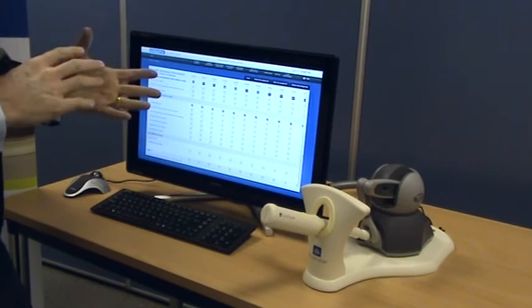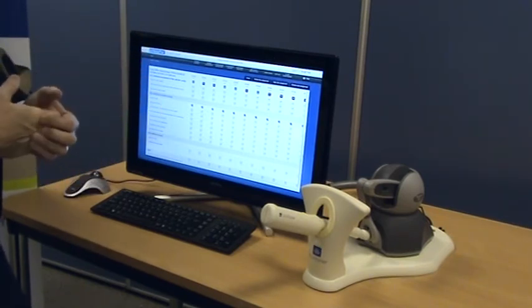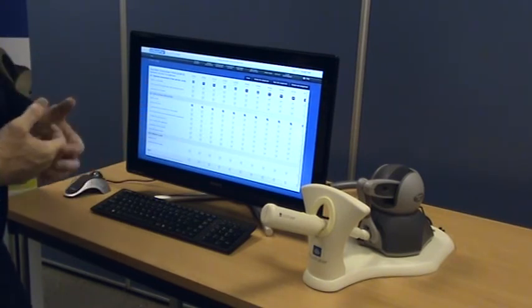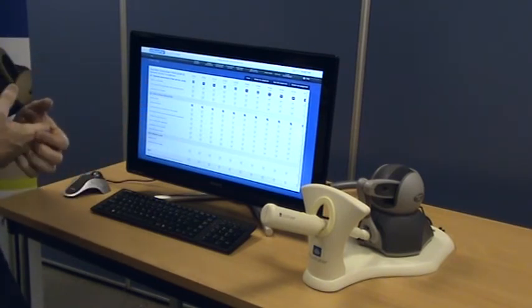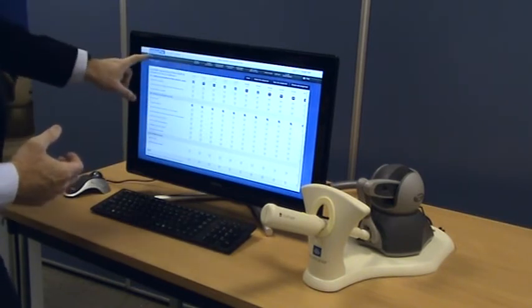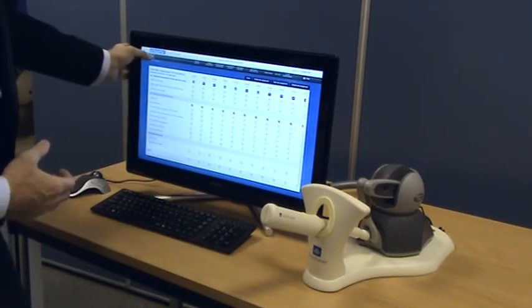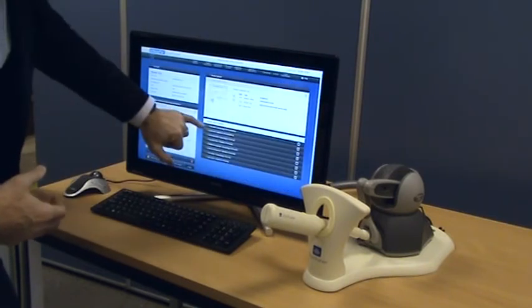So any time, out of hours, whenever you've got spare time in your curriculum, you can go in between patient lists, and you can go and take the lesson and learn how to do the scan. Now, if I go to home, you can see the idea is that once we've worked our way through all the different modules, you can then,